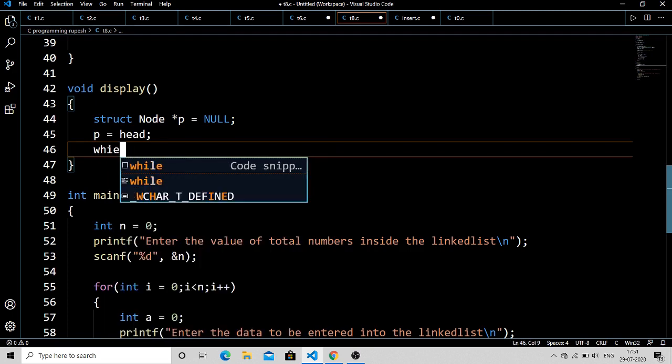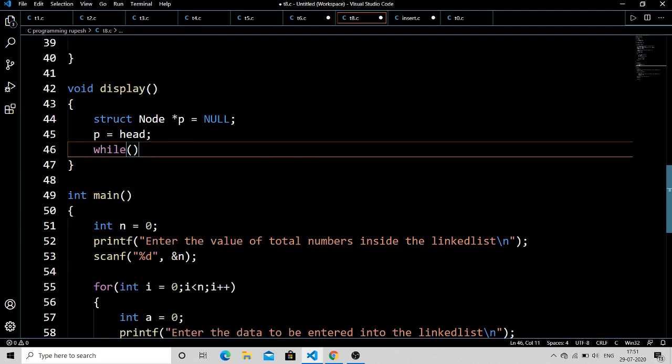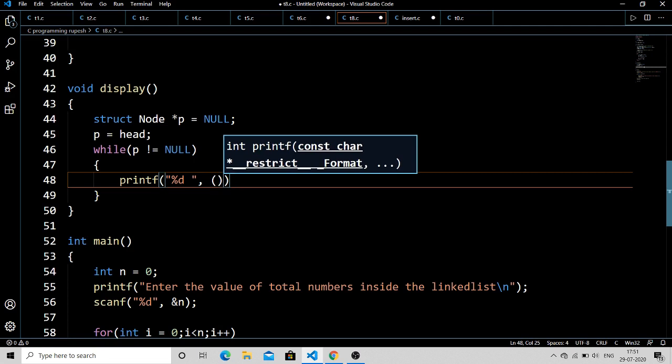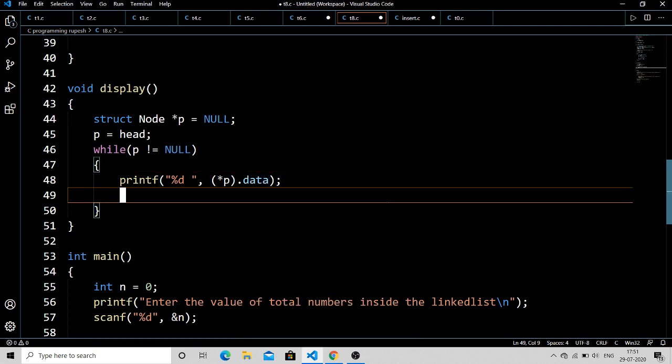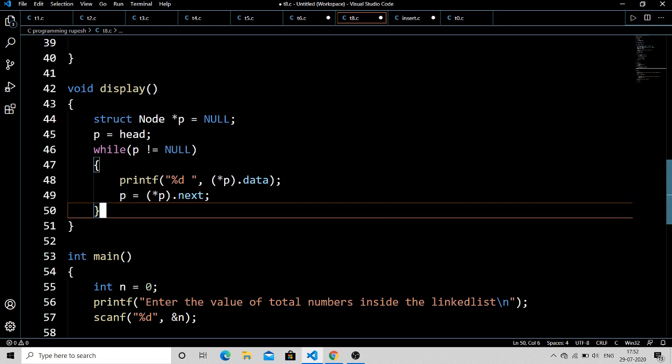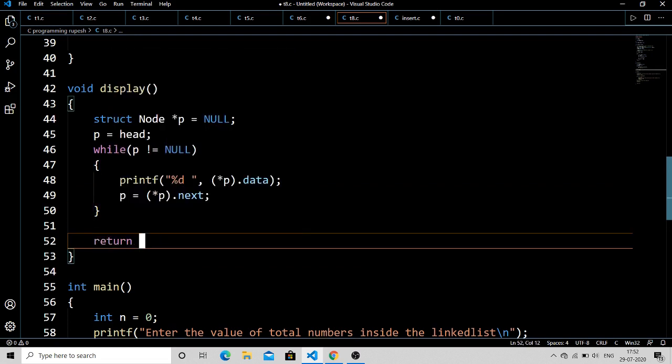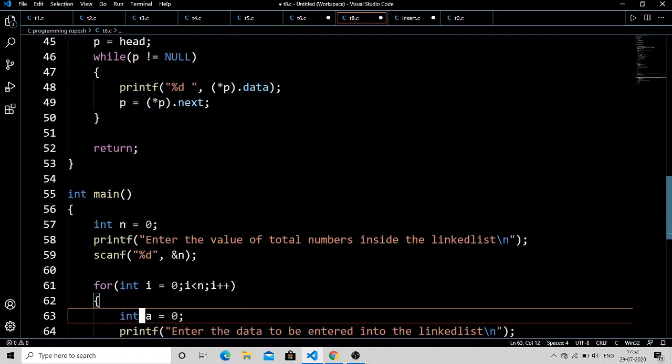After that I use the while loop, and inside the parentheses star p dot data, and after that I need to traverse, hence star p dot next. So this is how you can traverse through the linked list.